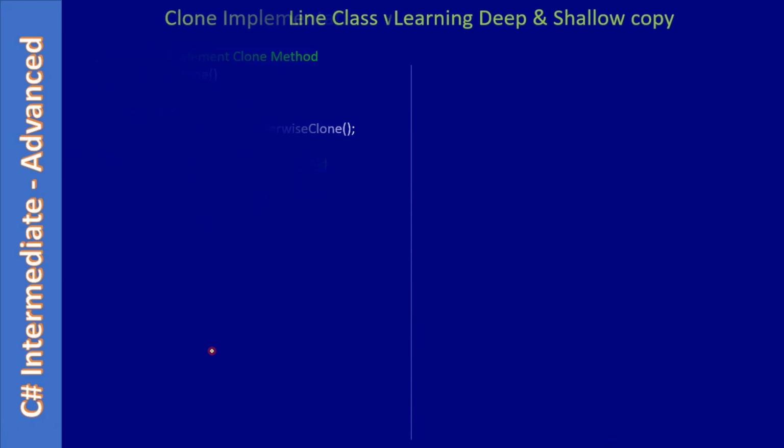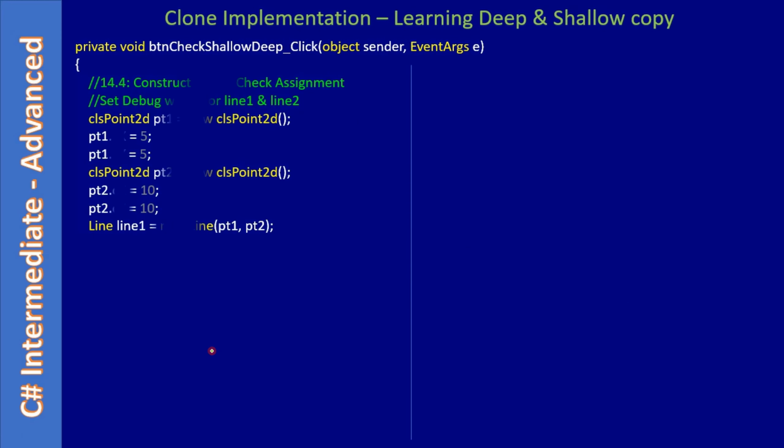Alright, now we will see the code. Here, if you see, we are creating point 1, and we are assigning the members. Then we are creating point 2, and we are assigning point 2's members. Then we are creating a line object by passing the address locations. Here, let's say for example, we talked about h1, h2, right? Let's say this is h1, this is h2. Just for example, let's assume the memory locations. So h1, h2 is passed here, and when we are